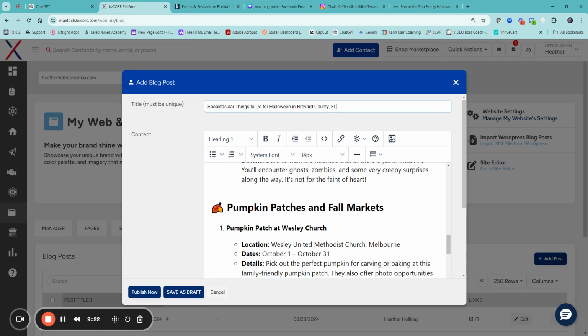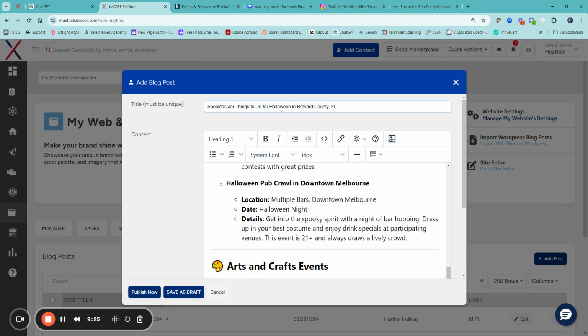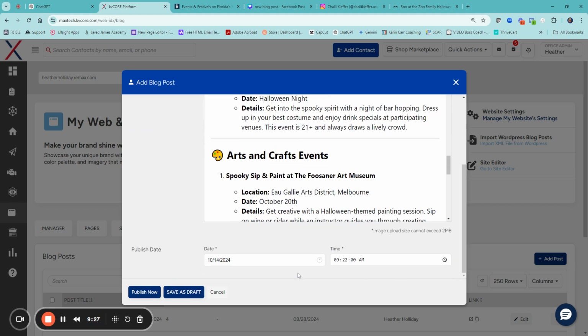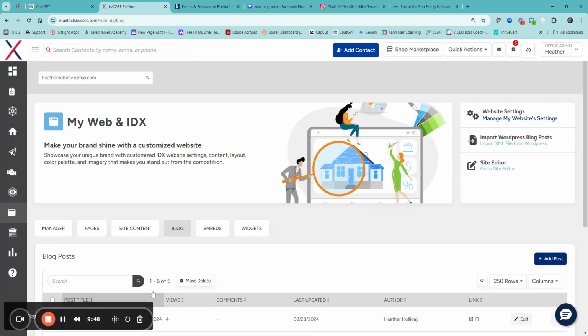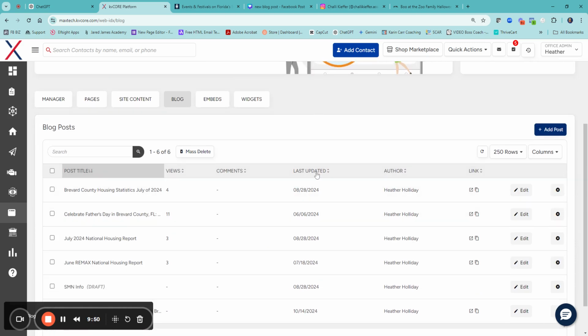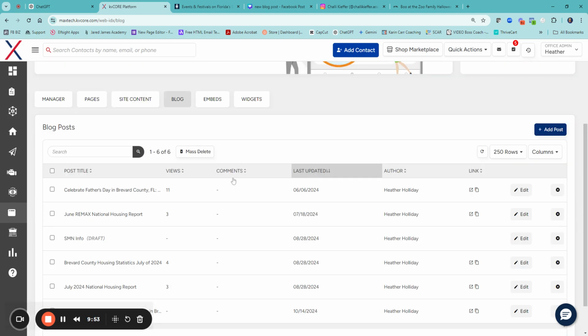So say I have my graphic in there. I want to publish, or when you come down, you can say, when do you want to schedule this? Because I'm always about 3 weeks out. So right now I am into kind of November, but we have all of this stuff for Halloween that's coming up. So I can say publish now. I can go into the future. I can go into the past. I can do all sorts of different things if I wanted to. So let's go publish now, because then I want you to be able to see, if I go last updated, go into now, there we go.